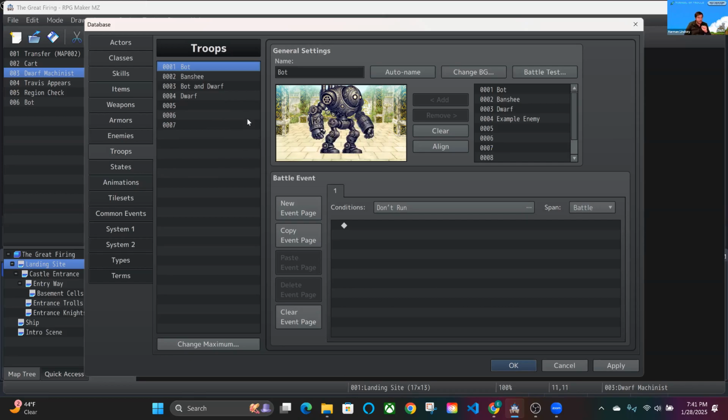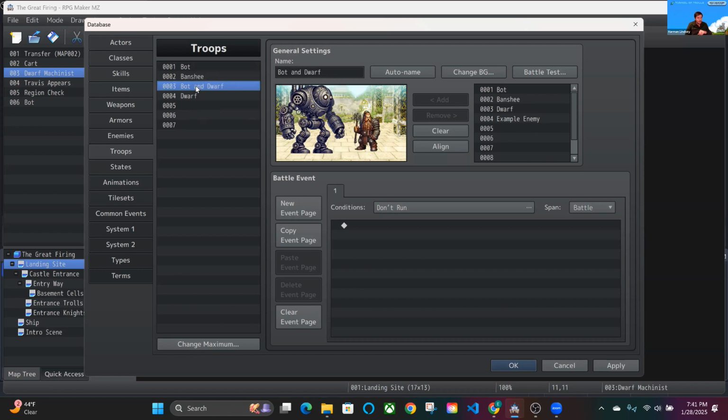scenarios. In a typical RPG Maker fashion, this would mean like you could have it so a random encounter would deal, I don't know, 3 generic harpy enemies, or 3 generic rat enemies or goblins in a typical dungeon, or maybe a random encounter has 5. We can see from here we have an option for the bot and dwarf, or just the